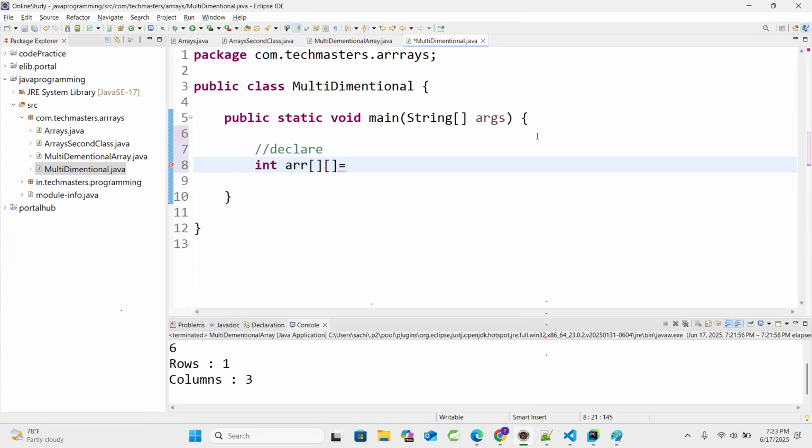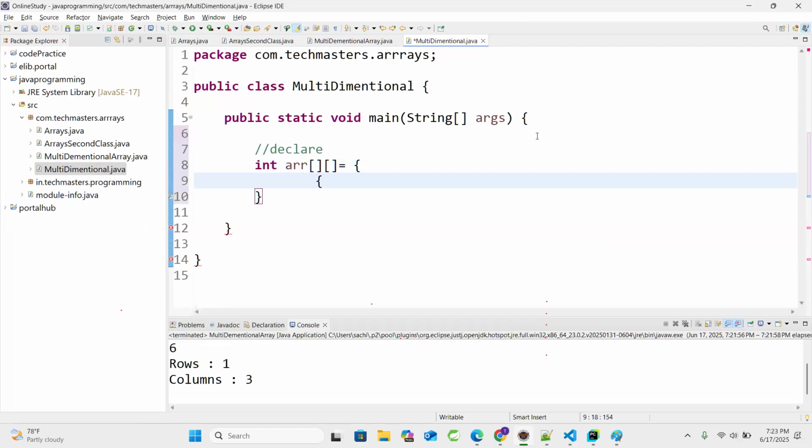So instead of going for a new one, or instead of leaving it like this, I'll assign the values to this equal to here. Whenever an array is supposed to be declared, it has to be declared with the curly braces. It has to be declared with the curly braces, remember that. So within those curly braces, I'll take some values. I'll say 1, 2, 3, 4, and I'll use the curly bracket like this and place a comma,